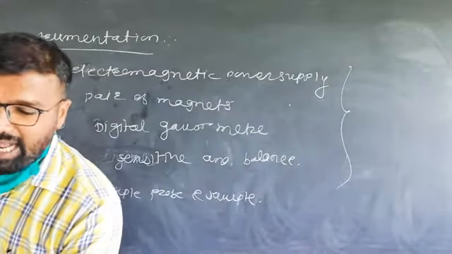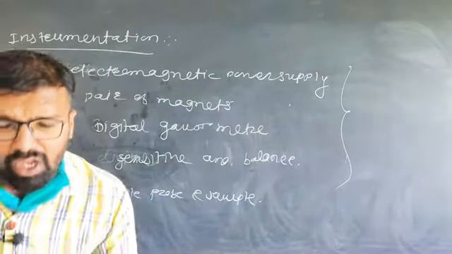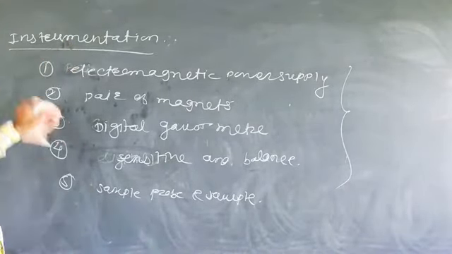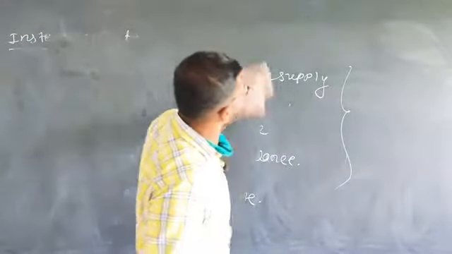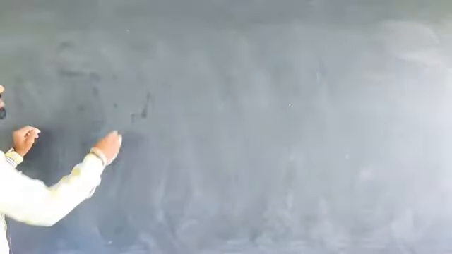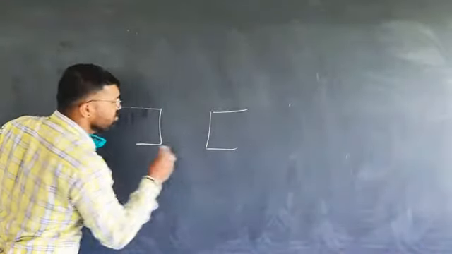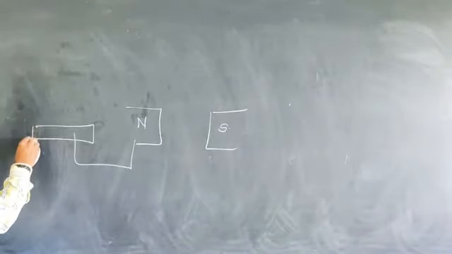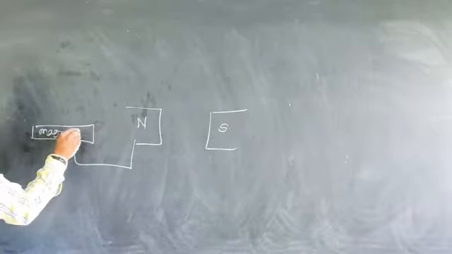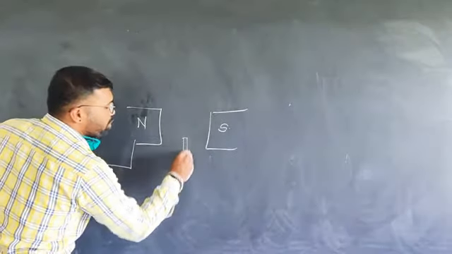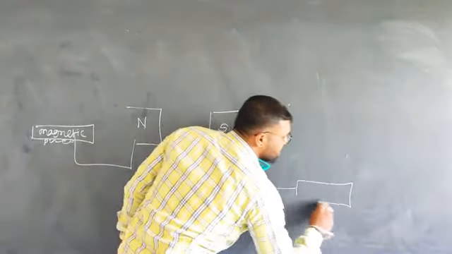Then what is the procedure actually? If you want to use the Gouy method for magnetic susceptibility measurement, then connect the whole assembly. Here I am not drawing the block diagram, that is for homework. It is so simple. This is the pair of magnets. Suppose this is N, then this is S. The pair of magnets is connected with the magnetic power supply. Then this is connected here to the probe. This probe is connected with the digital Gauss meter.